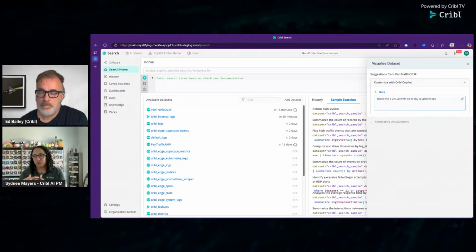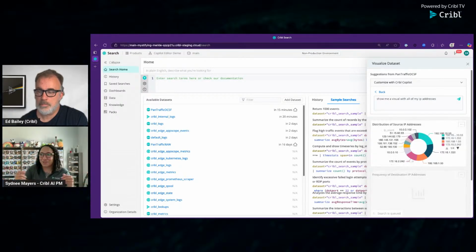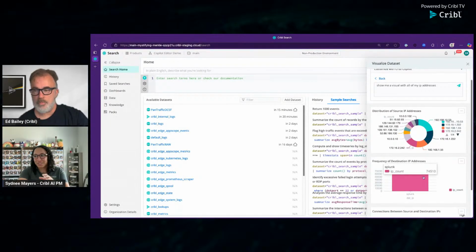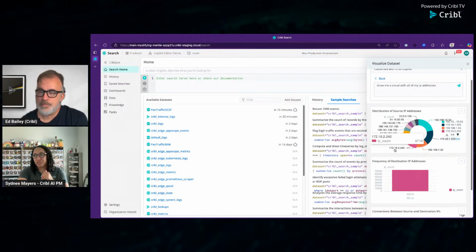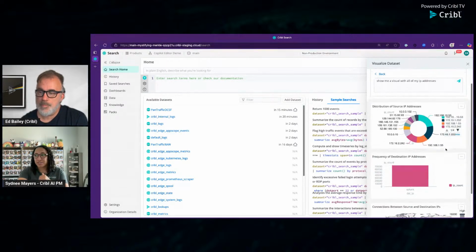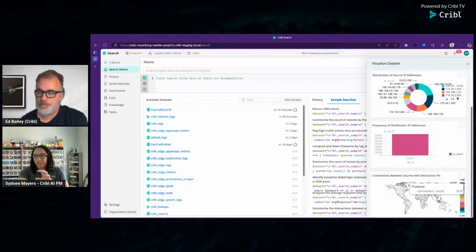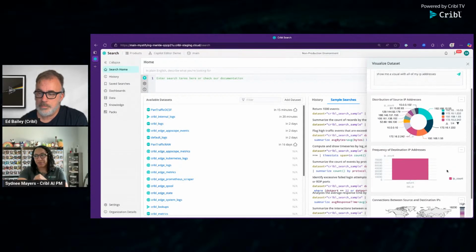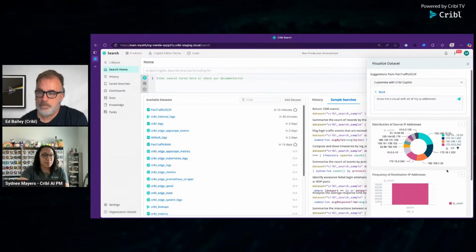Copilot is going to take this natural language query, and you'll notice it's not even a great query. I just kind of give it a raw free-form thought, and it shows me some different visualizations here. So frequency of IP addresses, or as far as where the destination is, these are going to Splunk. You can see the distribution of my source IP addresses here, and then you can see kind of a connection or a map between various IP addresses depending on what country they're coming from. So this is just 3 examples of visualizations based on the query that I gave.